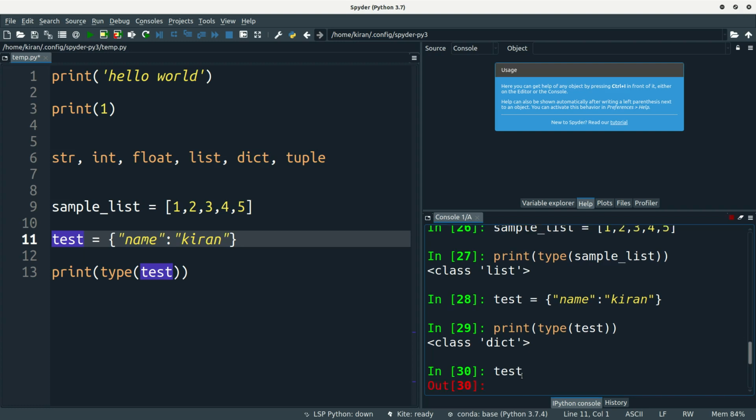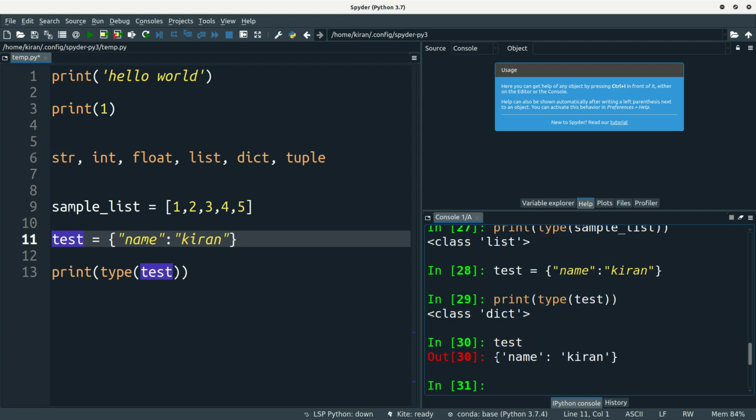Here I'm going to print test. Test has a name and a column. Some dictionaries may be larger, something like this, name and ID. The ID is 1 2 3 4.